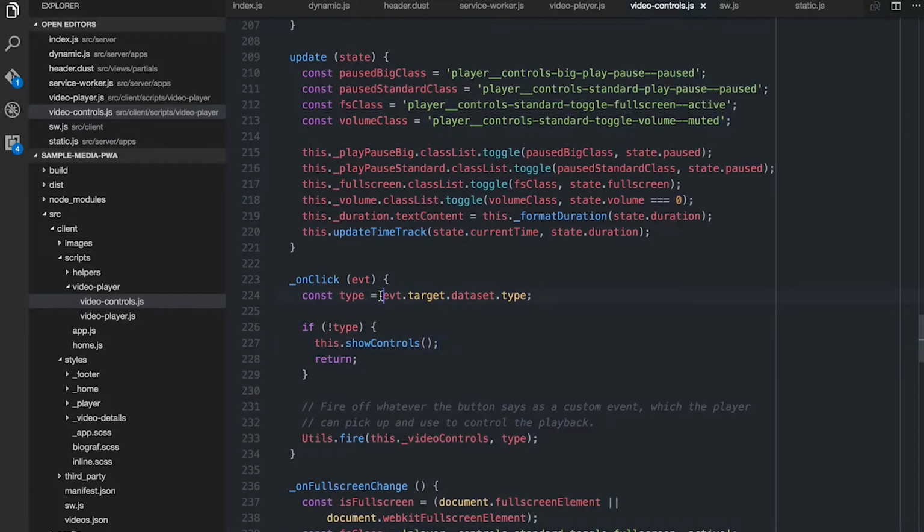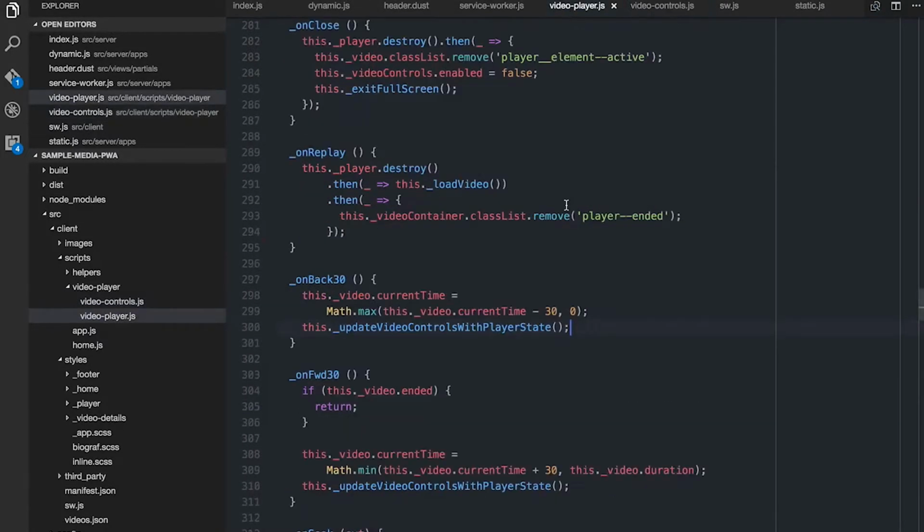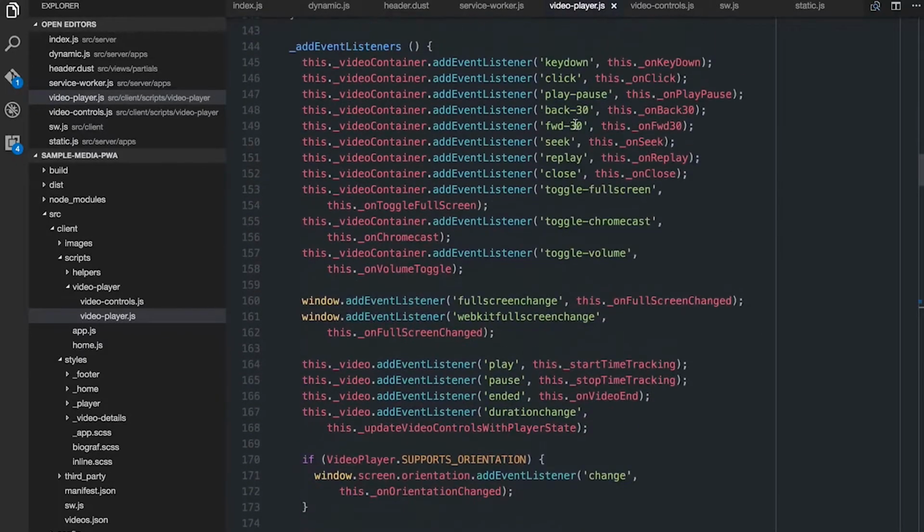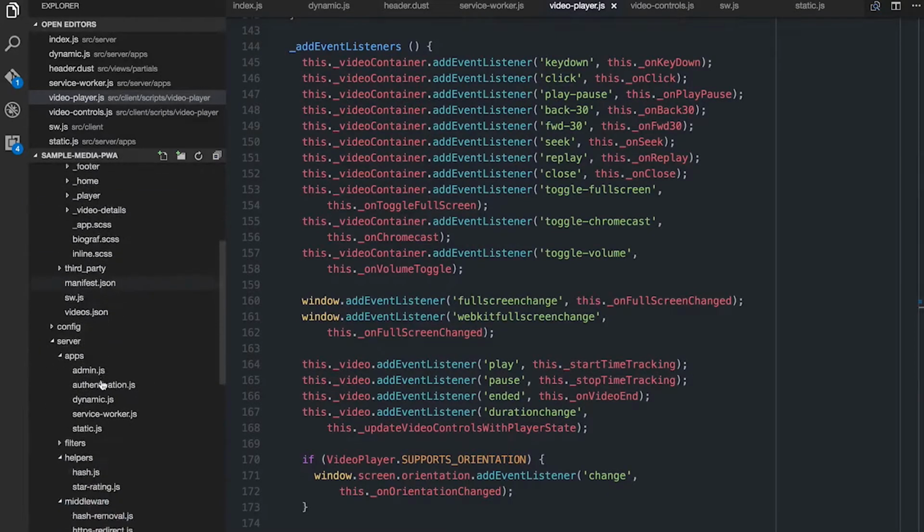I look on the button itself, or I look on whatever was actually clicked. And if it's got a type in its dataset, so if it's got data-type as an attribute, I fire a custom event with that name, which is why in the video player we get things like back 30 and forward 30, because if we were to look in the player,